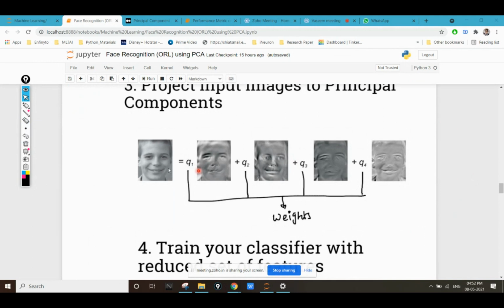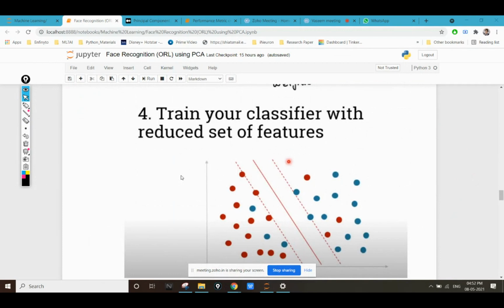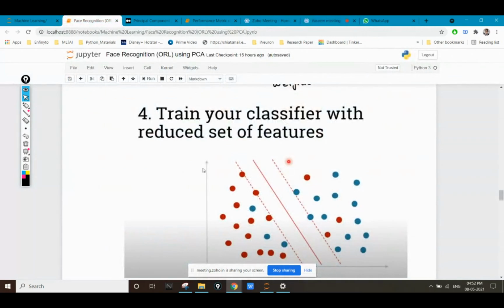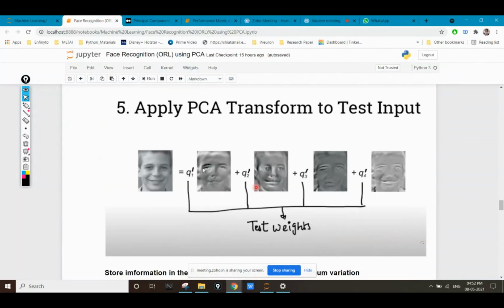For training we are going to use some images, and for testing, because we cannot test our images directly with the output, we are again going to use PCA on the test dataset also, so that we are able to get the eigenvalues and compare them, to get a particular output or a particular class.